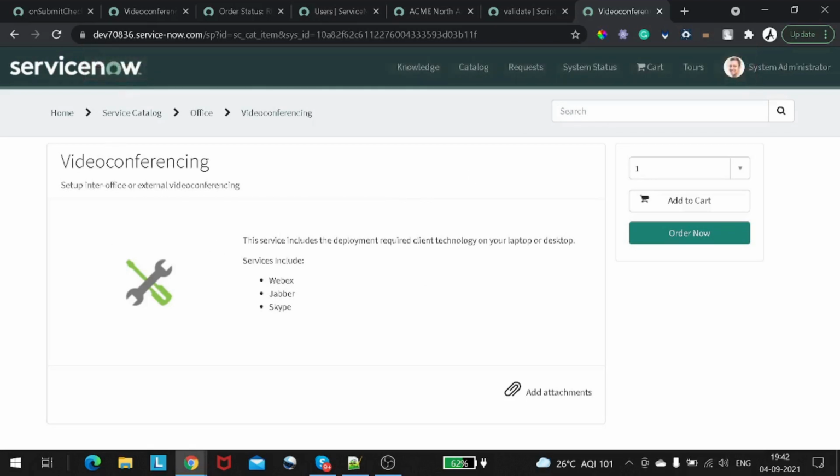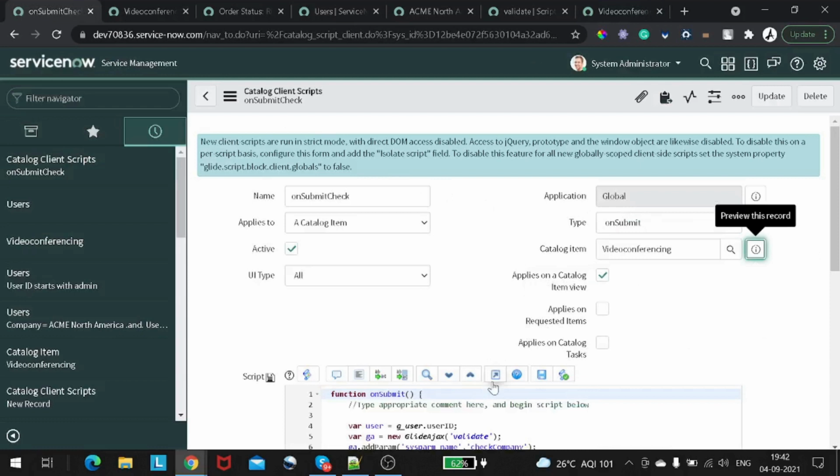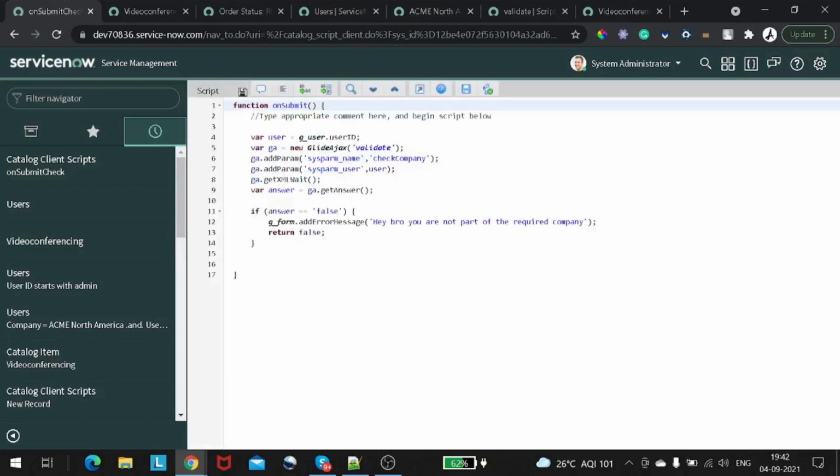Now this is the issue which a lot of people are facing on the service portal side. Now how to resolve this issue? So there is no alternative from ServiceNow side for getXMLWait, but you can remediate this with some fix. The fix is that you can go to the client script, and let's try to understand what's happening over here. We will not have this getXMLWait, so we have to first replace it with async code. So we have to go with